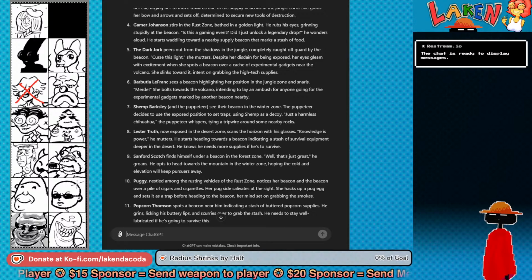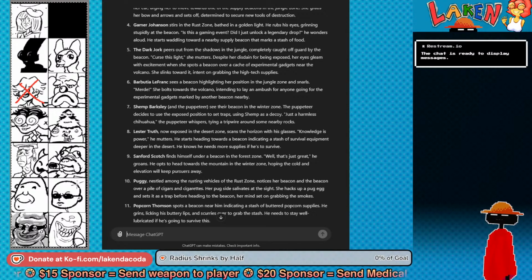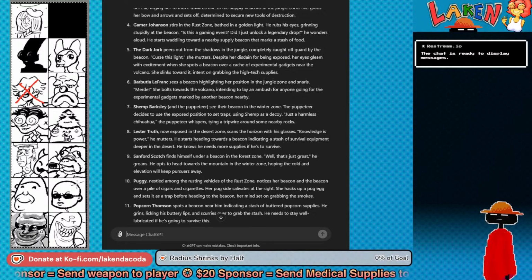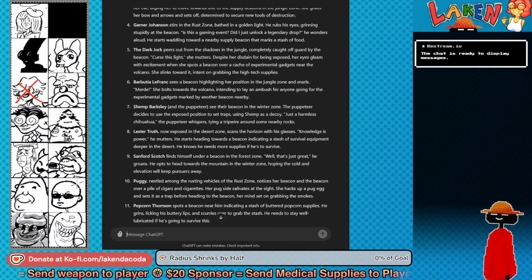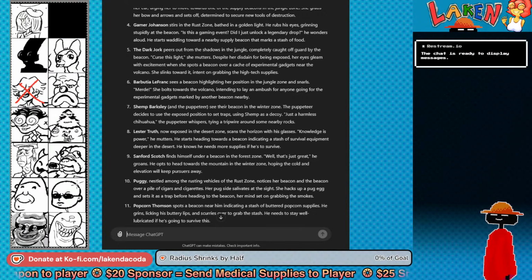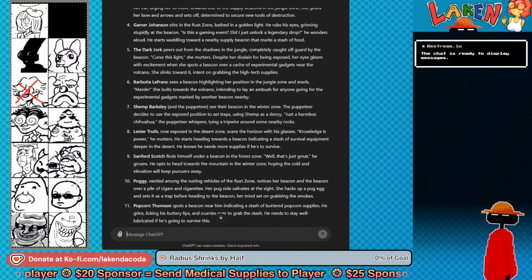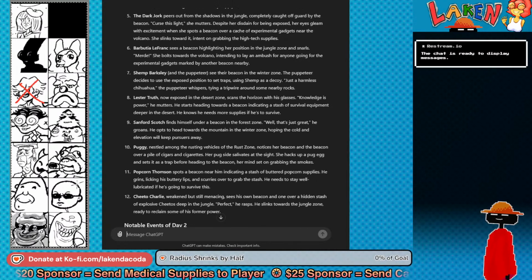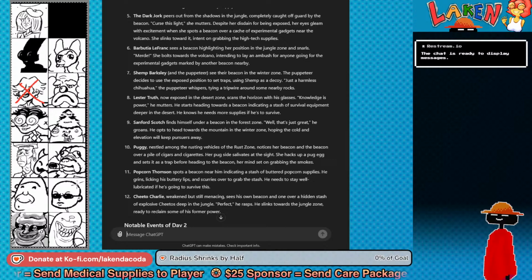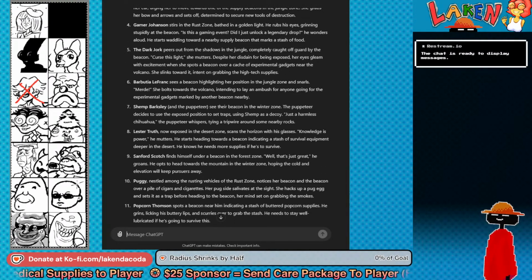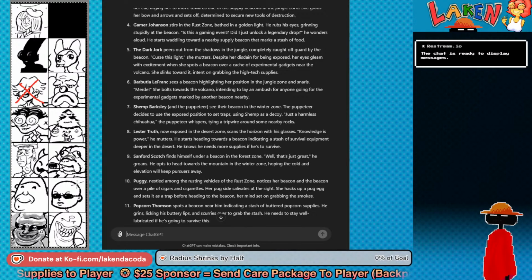The Dark Jork peers out from the shadows in the jungle, completely caught off guard by the beacon. "Curse this light," she mutters, despite her disdain for being exposed. Her eyes gleam with excitement when she spots a beacon over a cache of experimental gadgets near the volcano. She slinks toward it, intent on grabbing the high-tech supplies. Barbutia Lafranc sees a beacon highlighting her position in the jungle zone and snarls, "Merde!" She bolts towards the volcano, intending to lay an ambush for anyone going for the experimental gadgets marked by another